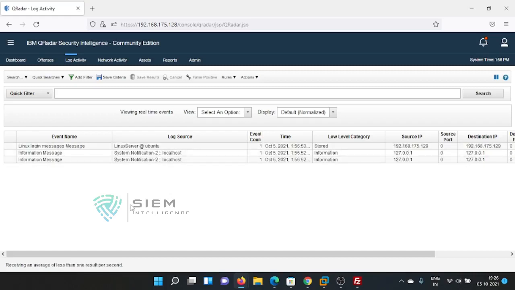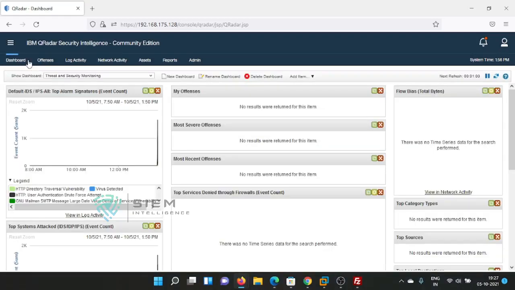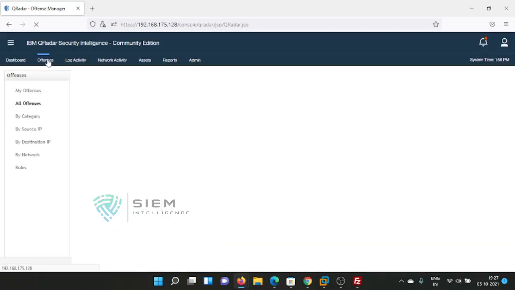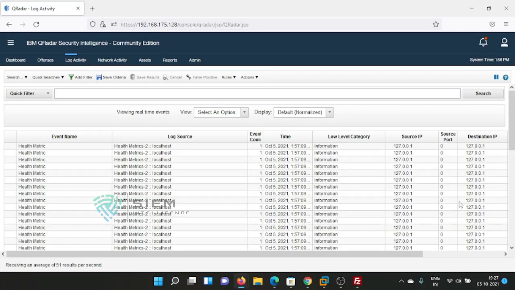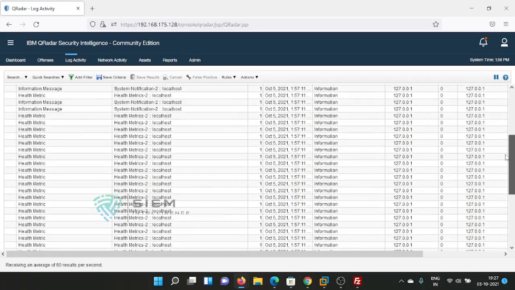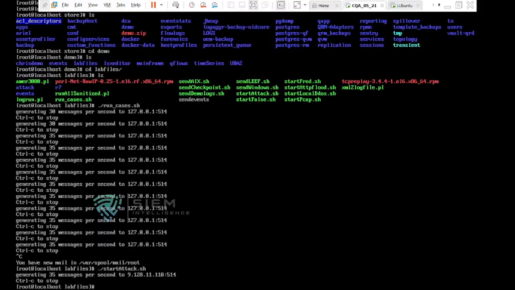It may not be shown here, but why is it not generating? It should have been generated earlier. Or else that log was not available, so there may be some issue. Why? Because I have stopped that entire unzip condition. From this particular IP 9.128, the attack took place. So we need to check what the attack was. Send windows dot, like that you can send whatever files you want.